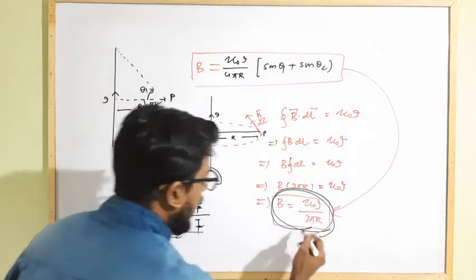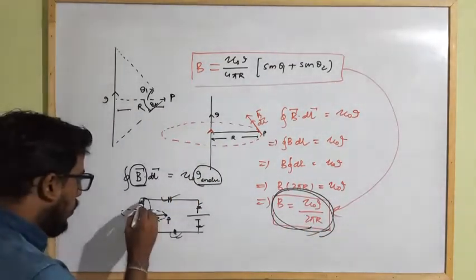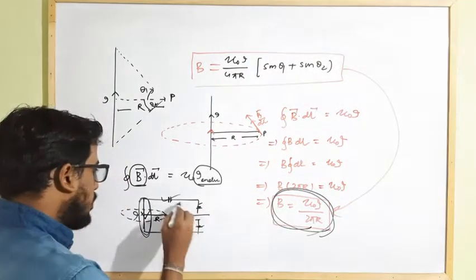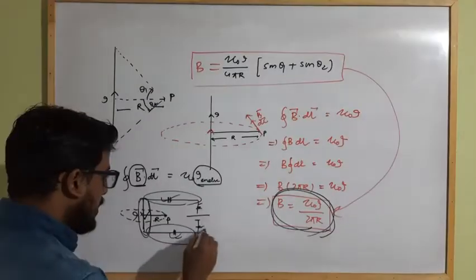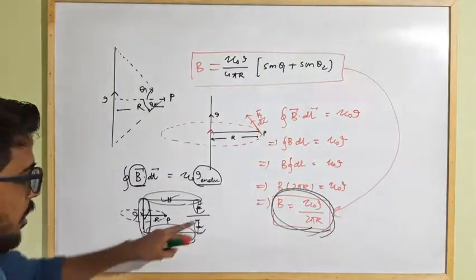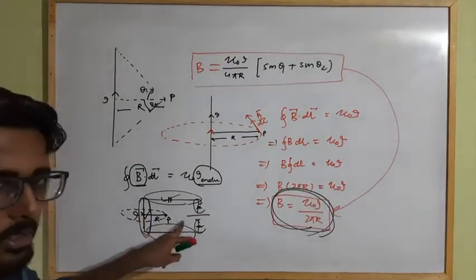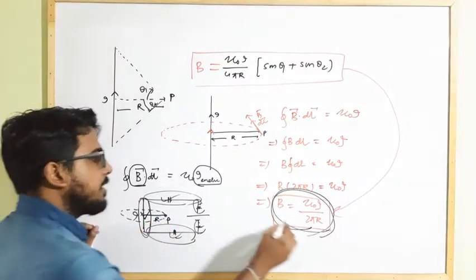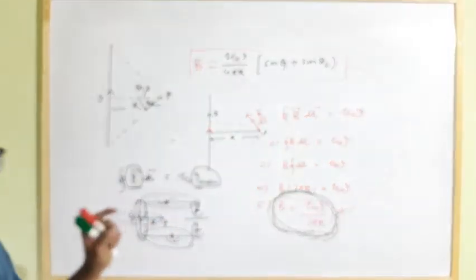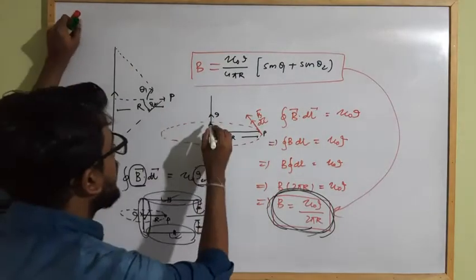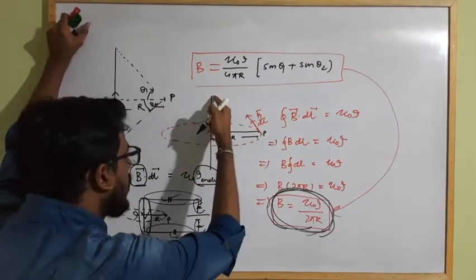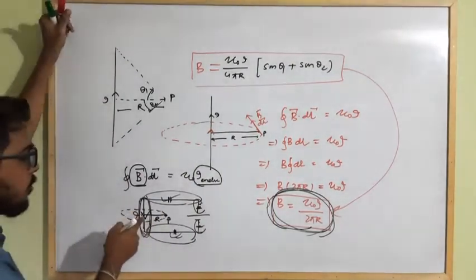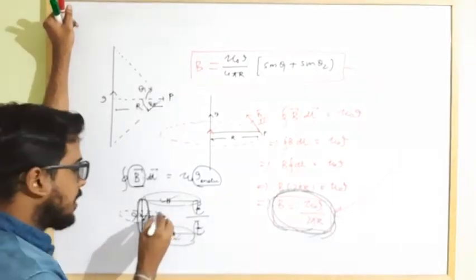This much. And this magnetic field strength is not only because of this current carrying conductor, this is also due to this plus this and these segments. Clear? Due to all these current carrying conductors, the magnetic field strength at this point P will be this much. But here we are considering only the magnetic field strength due to the segment of this much only. This much segment only we have to consider to calculate the magnetic field strength at this point P.